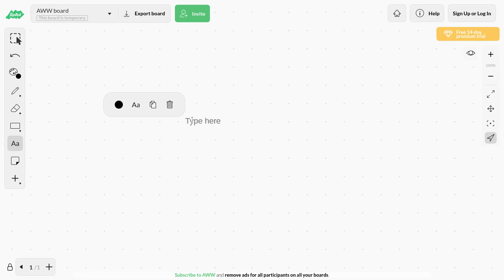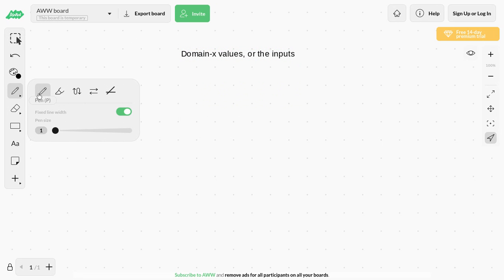Okay, so here's a couple things you need to know. So domain is the x values of a function, or the inputs. So x values go by a couple names, and those are domain or the input. So the x value on a graph, I hope you know that, because if you don't, this is going to be very tough. But so you have your graph,